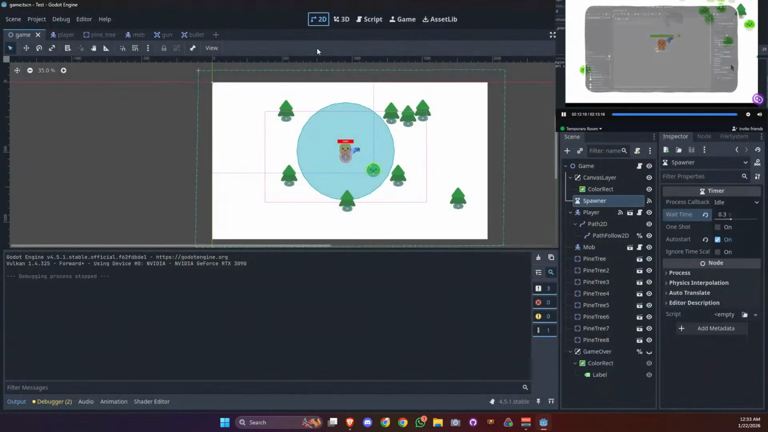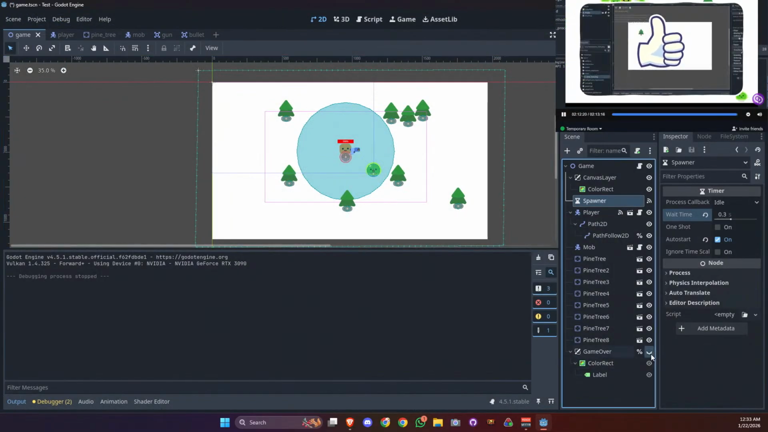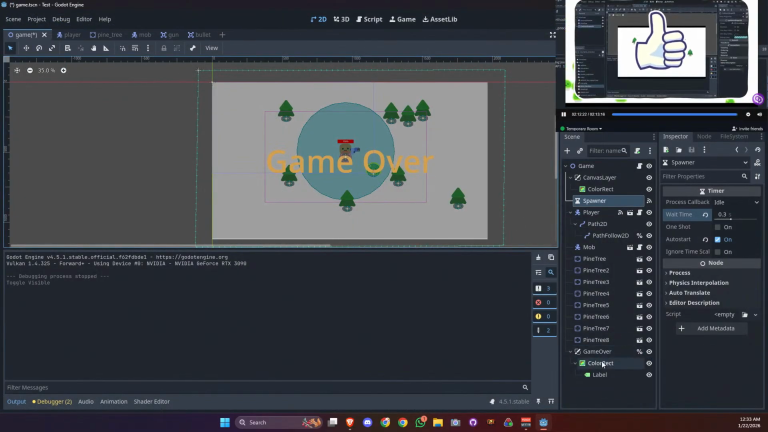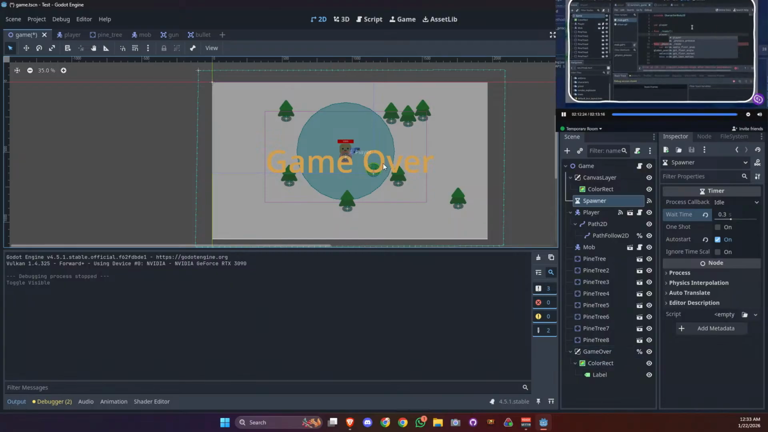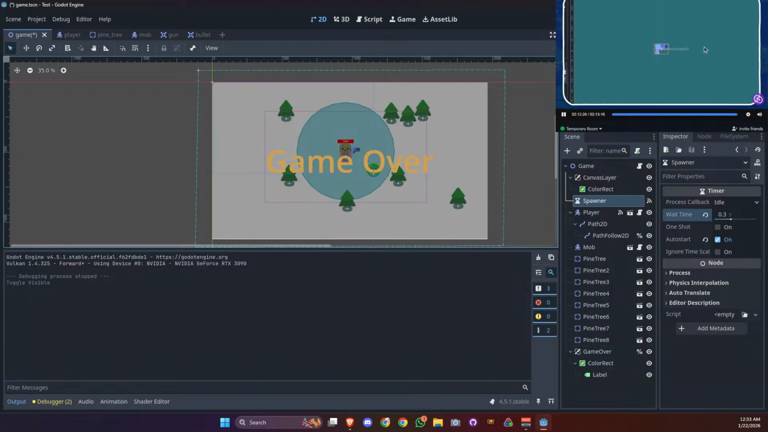I hope you enjoyed following this tutorial and making a roguelite shoot 'em up. Don't hesitate to get adventurous and build on it to really make it your own. Remember, tutorials only